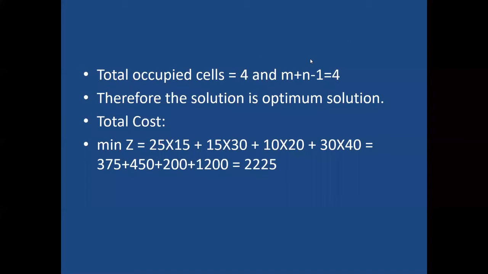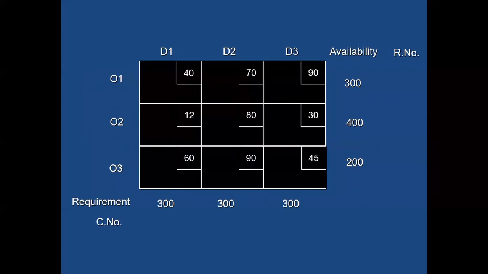Now, in this example, which I'm taking, I already have a basic feasible solution. Okay, but the dimension is different now. I have 3 rows and 3 columns. I have been given the requirements. So we have the demand as requirements here, 300, 300 and 300, which comes to total 900. The availability is 300, 400 and 200. And you add it up, it is 900 again. So it is a balanced problem. Okay. So first I need to check whether it's a balanced problem.